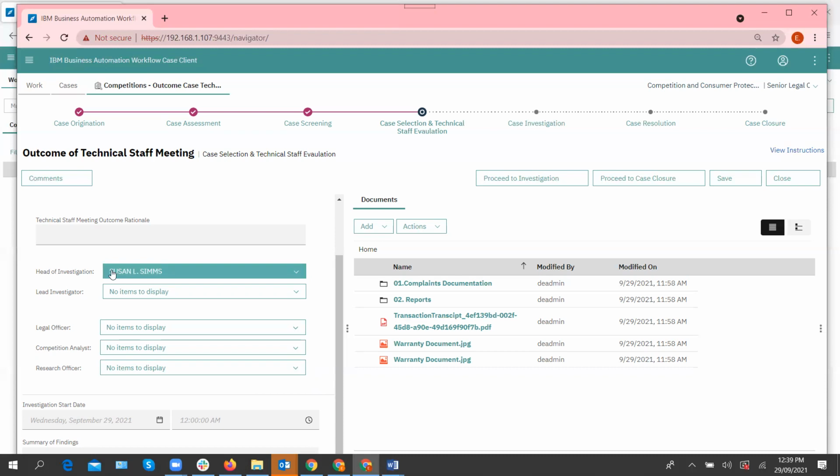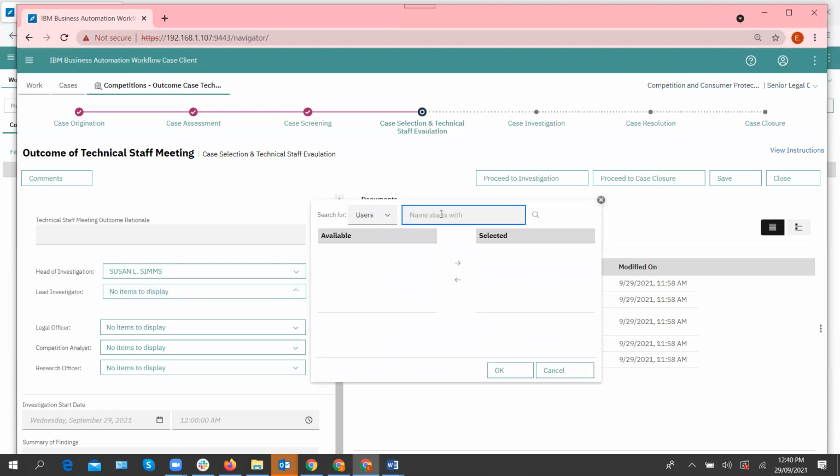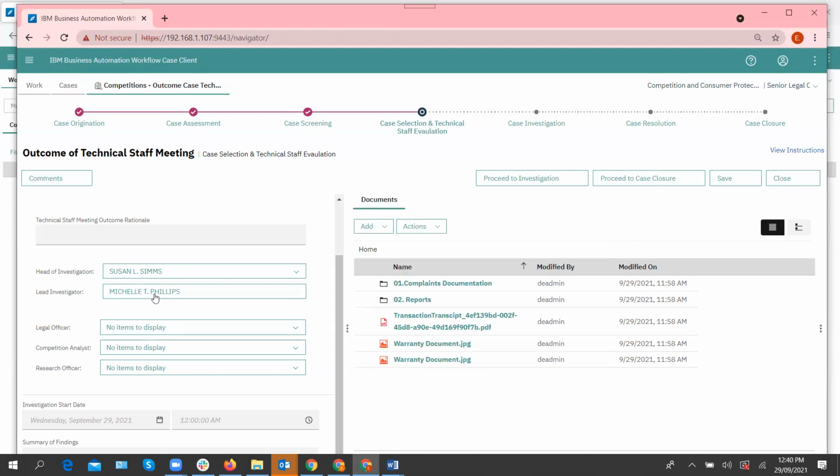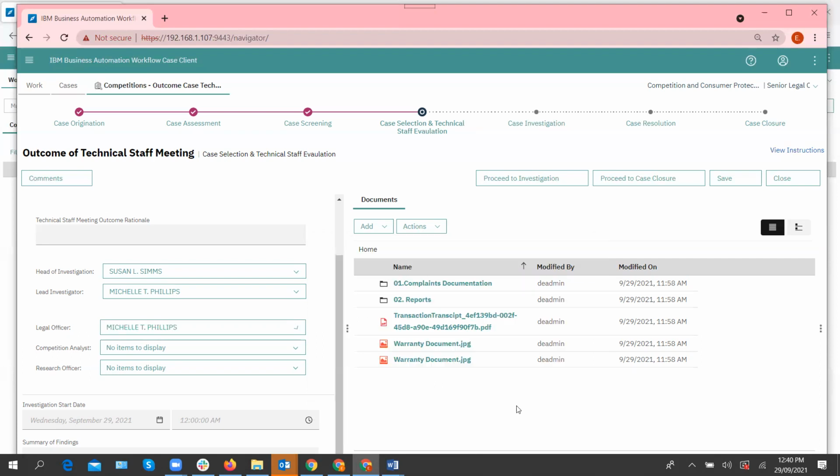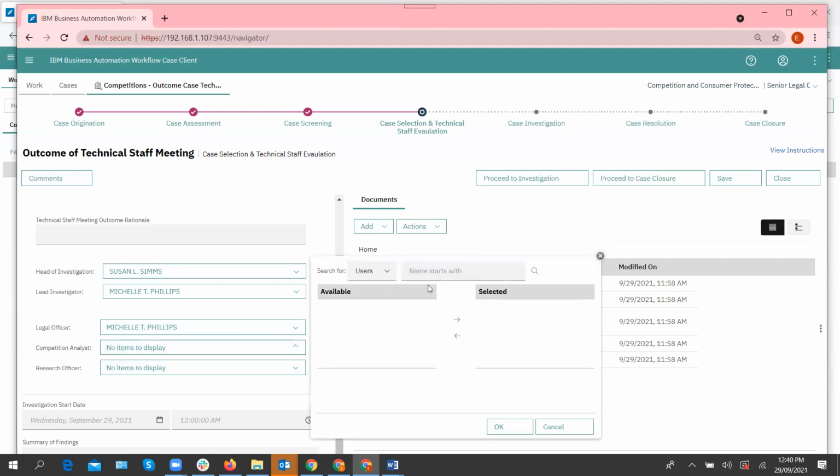So here we have the head of the investigation is Ms. Susan Sims, lead investigator. In order to do this, click on this. You can just put in M to search. Michelle Phillips. Arrow to the right. Select OK. You see, Michelle is assigned as the lead investigator. Legal officer is Michelle as well. So the lead investigator is always a member of the team. So Michelle. Competition analyst, here we will have